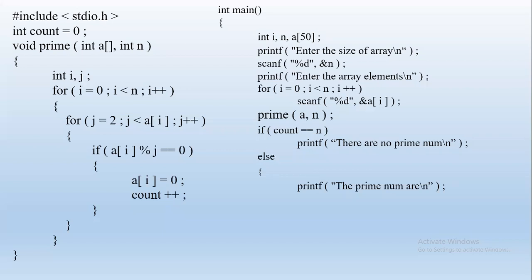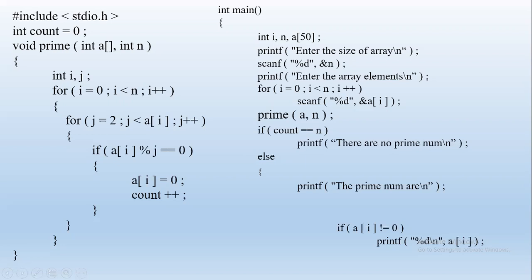So we have to check if each array element is equal to 0, then we will not print. Only if it is not equal to 0, we will print. So 3, 0, 5 are there. We have to print 3 and 5 only, which are not equal to 0. So check if a of i is not equal to 0. We are starting i from 0. So a of 0 is 3. 3 not equal to 0, so print 3. Next, i should get incremented, right?